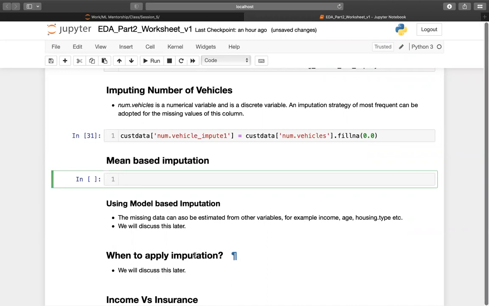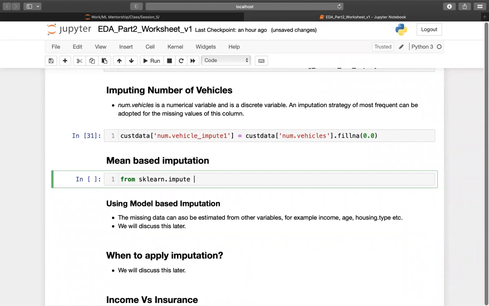Okay, and we'll understand what is the implication of imputing the complete data set or only the train data set or test data set. Okay, we'll understand that later, but for the time being we'll just see the complete data set and do a mean-based imputation. So you can say from sklearn, so scikit-learn,